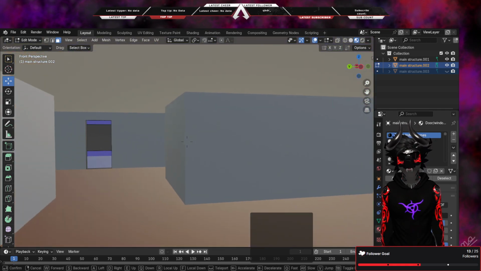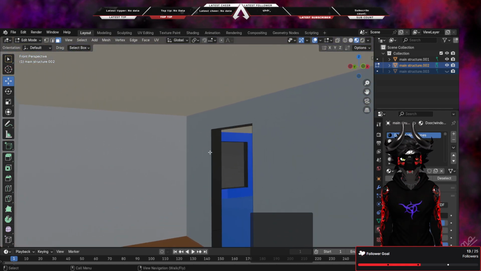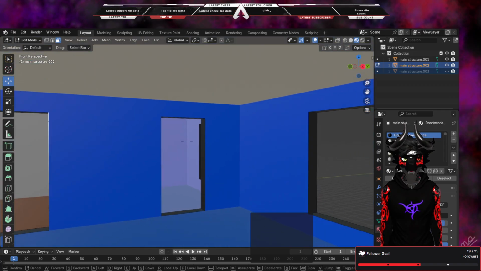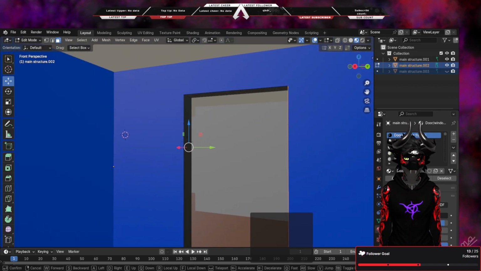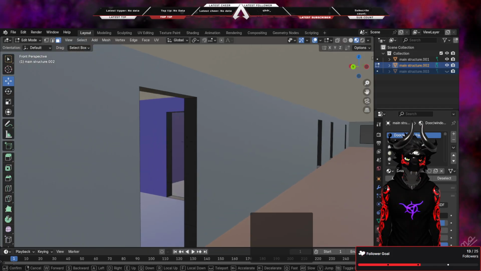Because I could make every bedroom have literally the same colors of walls, the same floor. I could make all the bathrooms uniform,